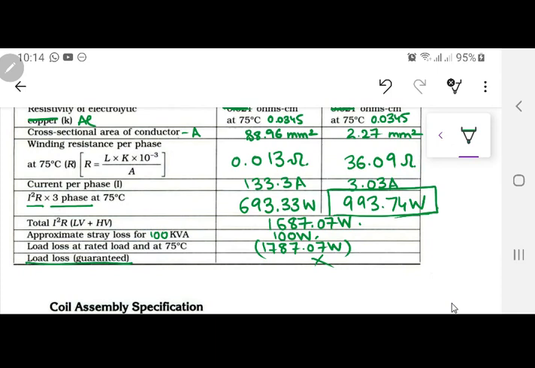आपने 10 लिया है, you can reduce it to like 8. But what will happen if you have reduced it to 8 or something? आपके लॉसेस ठीक आ जाएंगे बिकॉज आपकी मीन लेंथ कम हो जाएगी, रेजिस्टेंस कम हो जाएगी, यू विल गेट इट. बट द कूलिंग ऑफ द ट्रांसफार्मर विल बी डेट्रीमेंटल. एंड देन इन द केस ऑफ इट आपको टैंक डिजाइन के अंदर you will have to have more assets over there. So it's better you change it over here, then you can actually have a better transformer design over there. Anyway, I will go with this value.